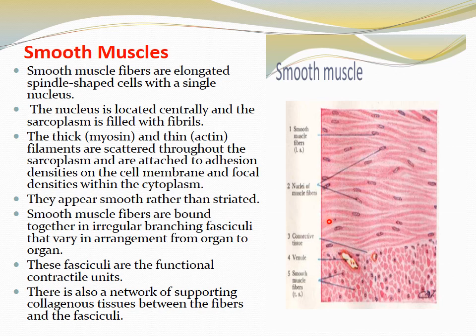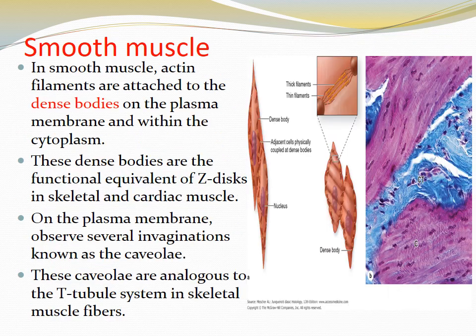The smooth muscle fibers are bound together by irregularly branching fasciculi that vary in the arrangement from organ to organ. These fasciculi are the functional contractile units, and there is also a network of supporting collagenous tissue between the fibers and the fasciculi. Now you can see here the smooth muscles. This is the bundle or the fasciculi of the smooth muscles which are in the uncontracted state, and this is the bundle of the muscle fibers which are in the contracted state. And in between there is the connective tissue